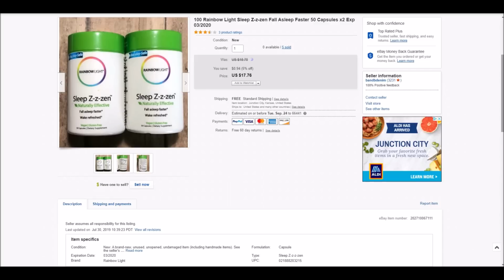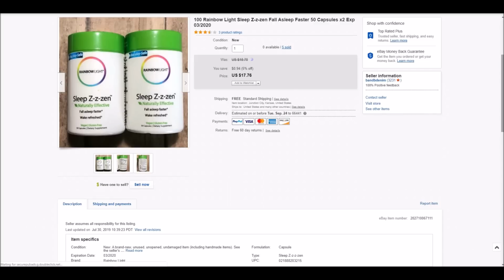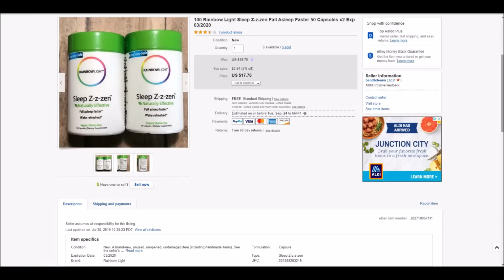Honestly, I can't remember if I've shown you guys this before, but I definitely wanted to make note of sleep aids. A lot of people out there now are starting to look for ways to help get a better night's sleep that is drug-free or all natural supplements. You can see here that I did have 5 sets of these and all 5 have sold, and I'm completely sold out. So a set of 2 bottles sold for